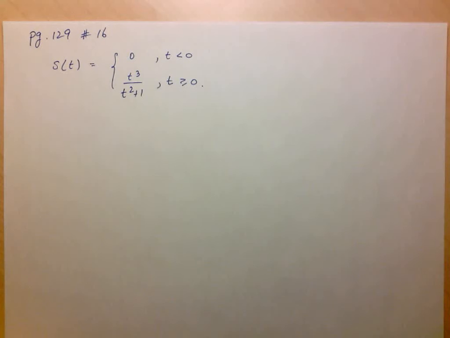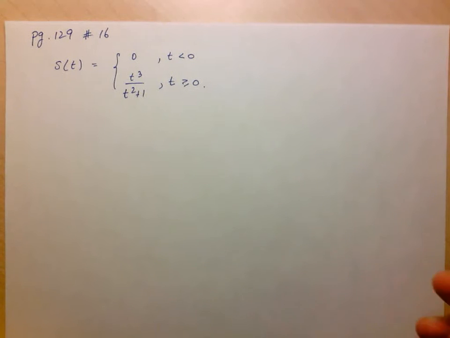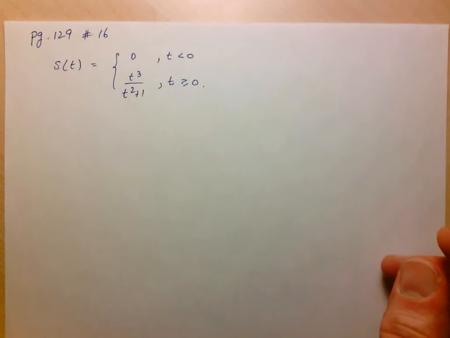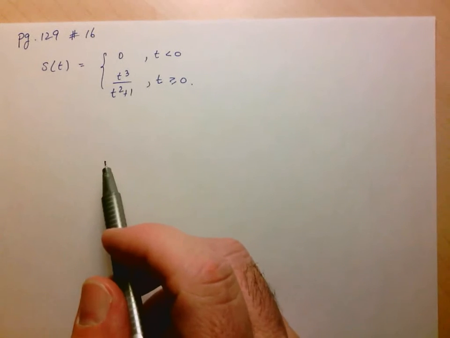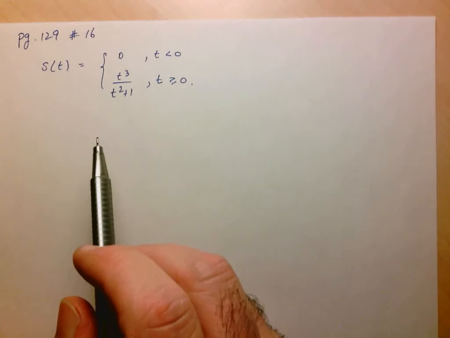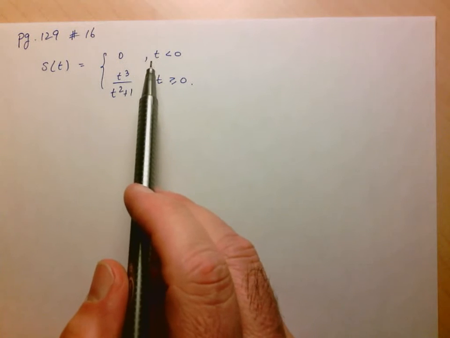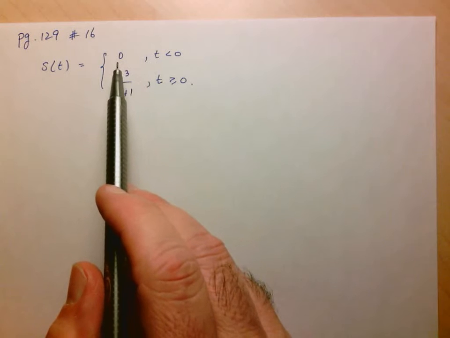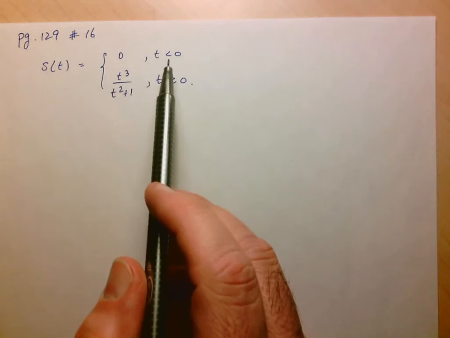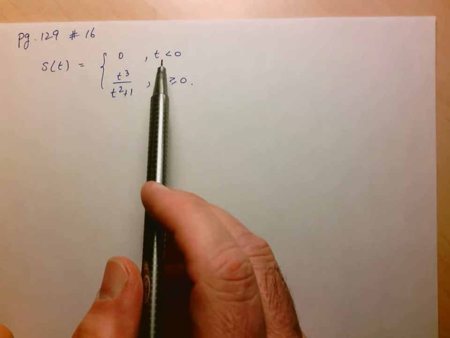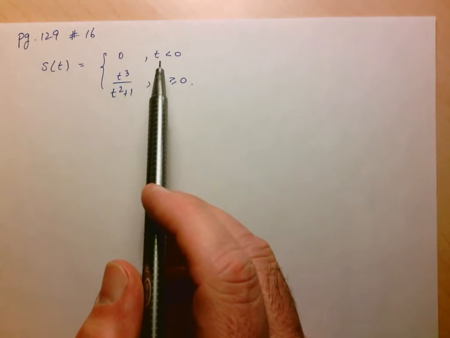Hi folks, we're going to take a look at the solution to number 16 from page 129. So what they give us here is this position function, which is defined as a piecewise function. Now you might wonder, why are they even assigning a value when t is less than 0? I think we'll see when we look at the question, because it looks like they're asking us to determine that